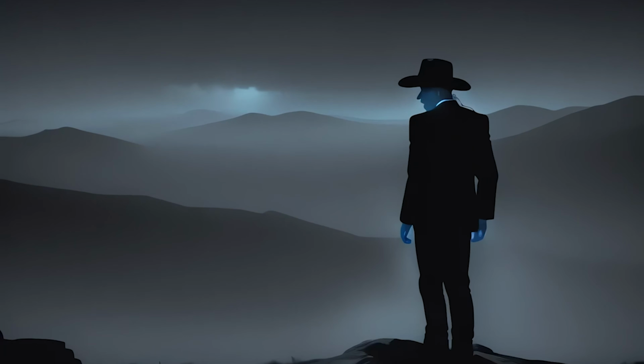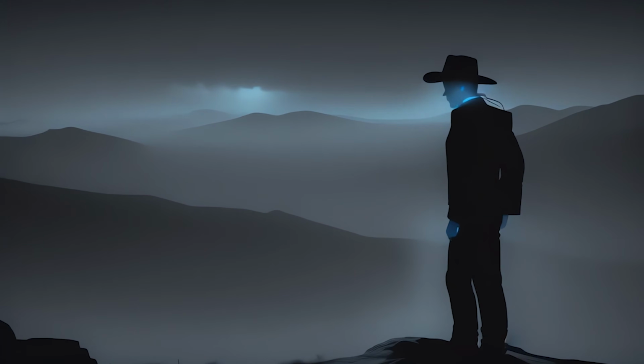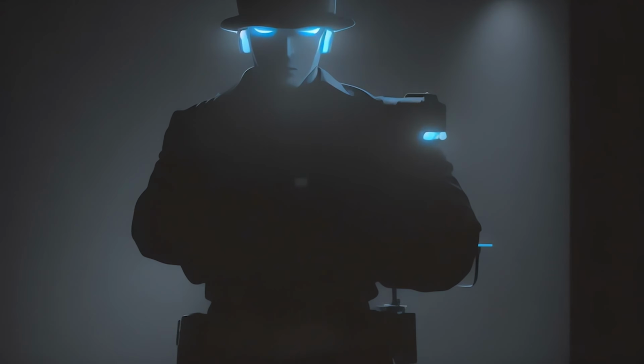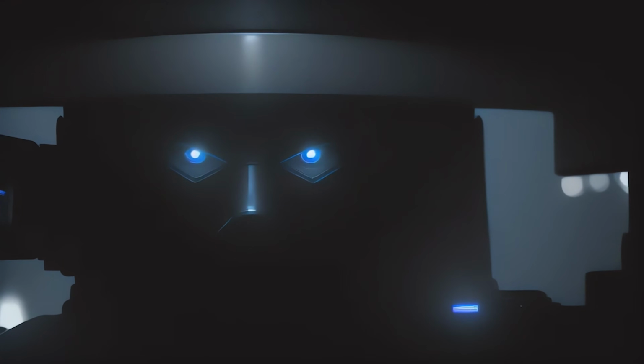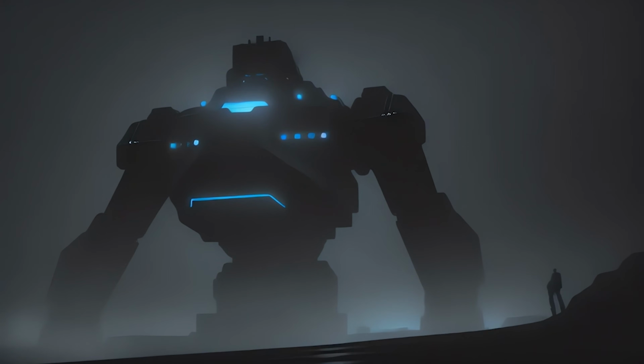In the wild, wild west, where the coyotes roam, there's a moody robot cowboy. He's got a heart of chrome. He's a lonesome wanderer, searching for his test, facing off against a giant robot